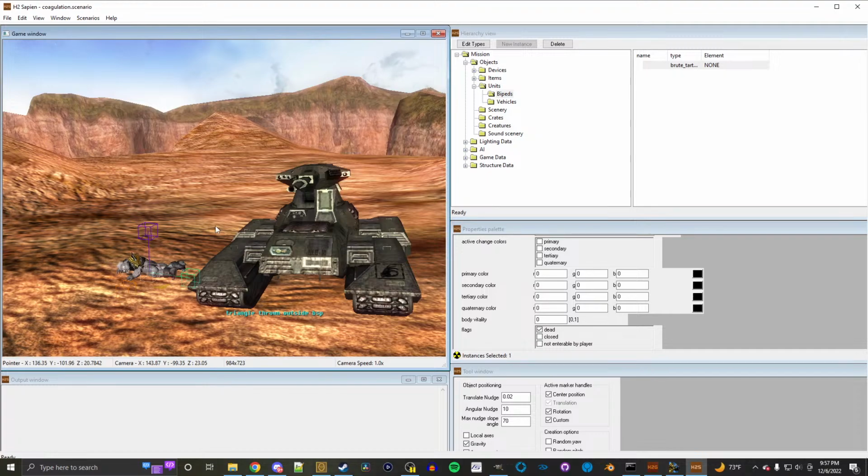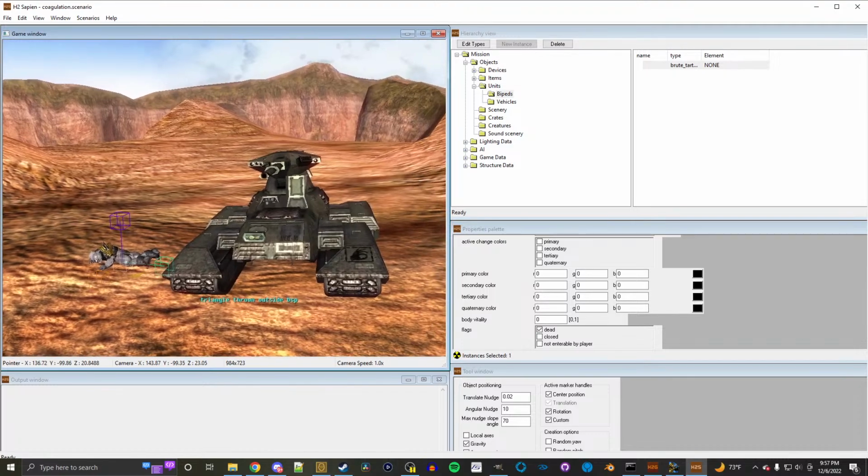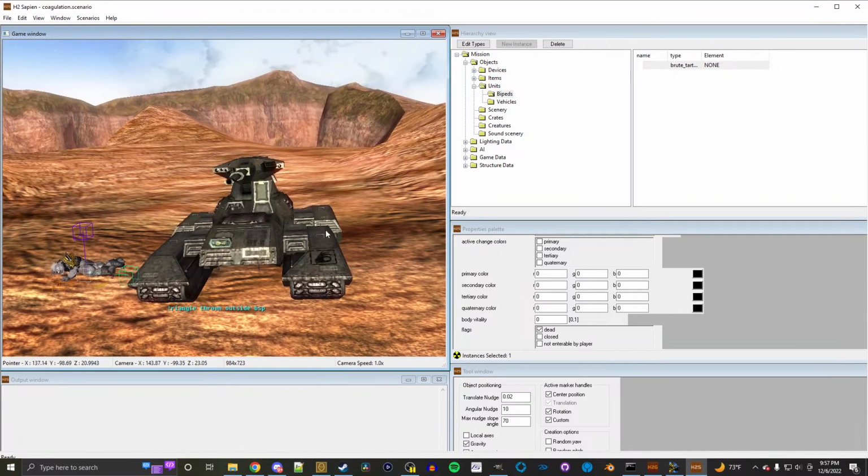I want to mod either Anchor 9 or Condemned into an invasion map for custom game browser, but not sure where to start. I'm sure there's a lot of tutorials for that. Unfortunately, you won't be getting that here, but I know there's plenty of people who've done this already. I don't know if you can do invasion on that map. You just kind of have to set it up like all the game modes and all the game type settings for that. But anyway,